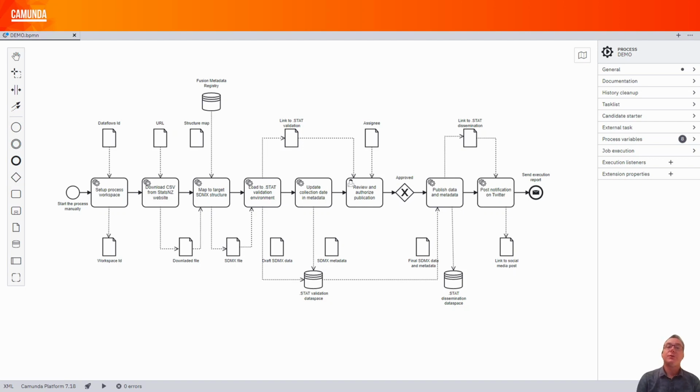At this stage, we have modeled what is called the happy path in business process modeling. The example implemented will also handle some errors returned by services and the case data publication is not approved. In such cases, the process flow will go directly to the end event and send the execution report. Some minor additional things need to be configured on the process model in the user validation step for sending emails when a task is assigned or completed and to refer to the form used for data validation. This is the fully detailed process model that will be executed for our demo.